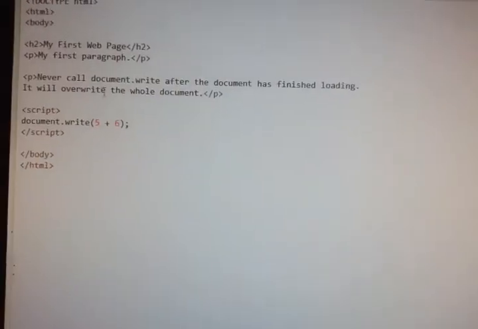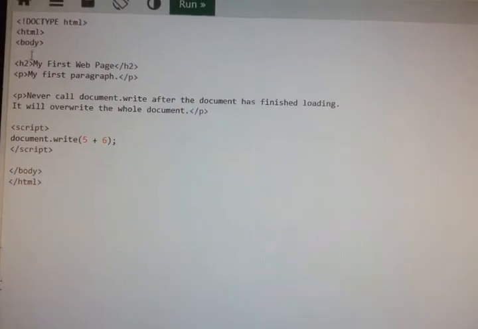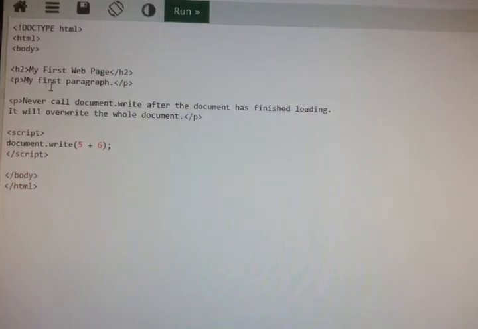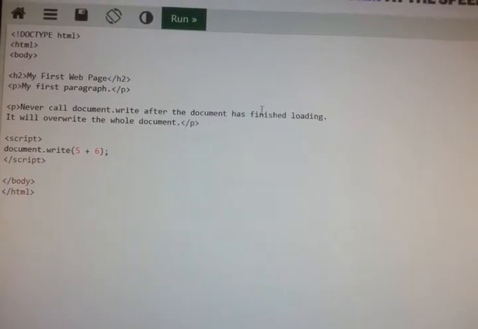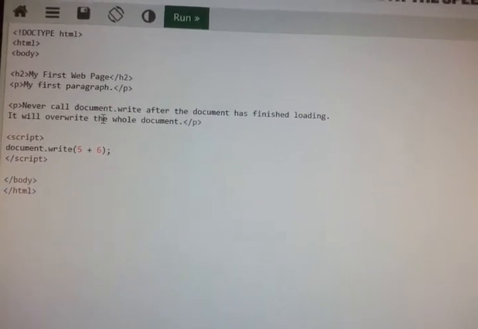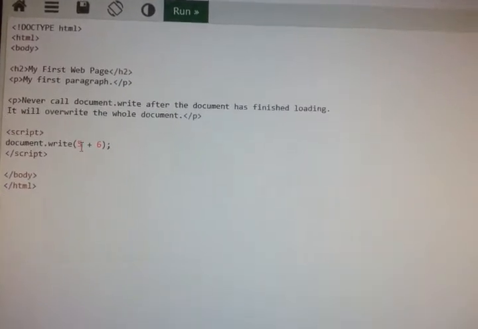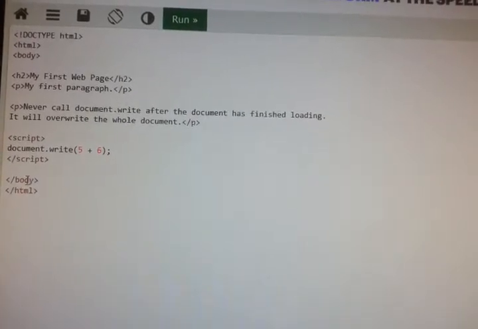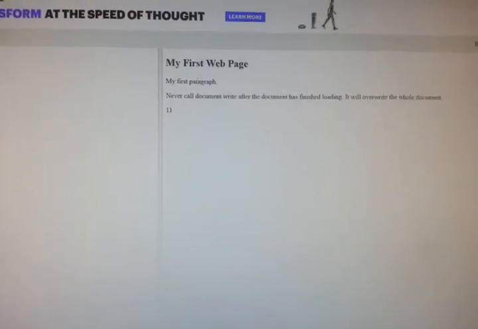If you run this code, in the heading we have written my first web page, in the p tag we have written my first paragraph. We never call document.write after the document has finished loading, as it will override the whole document. If we run this program, we got 11, and whatever message we have typed, that we got.